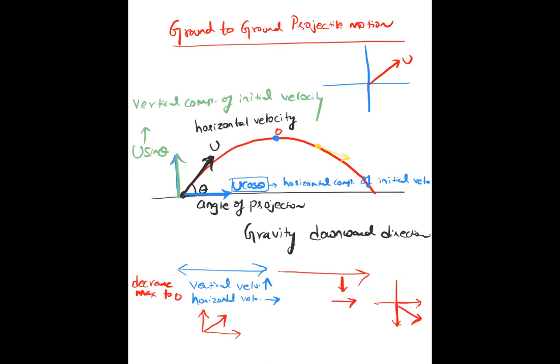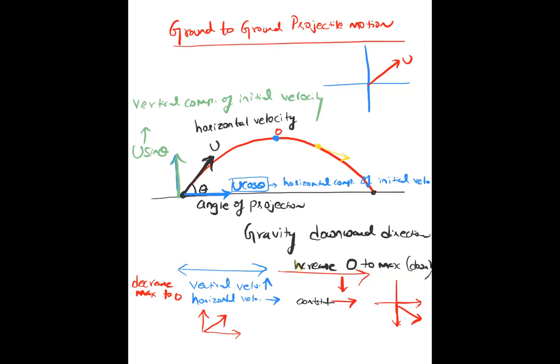And in this case, the vertical velocity will again increase. Basically, it will increase from zero to maximum, but this time in the downward direction, not in the upward direction. And the horizontal velocity will remain constant. It will never change from the start to the last. If it is u cos theta at the start, at the end also it will be u cos theta. Are you getting the point? So this much I explained explicitly, what is happening in the entire motion.